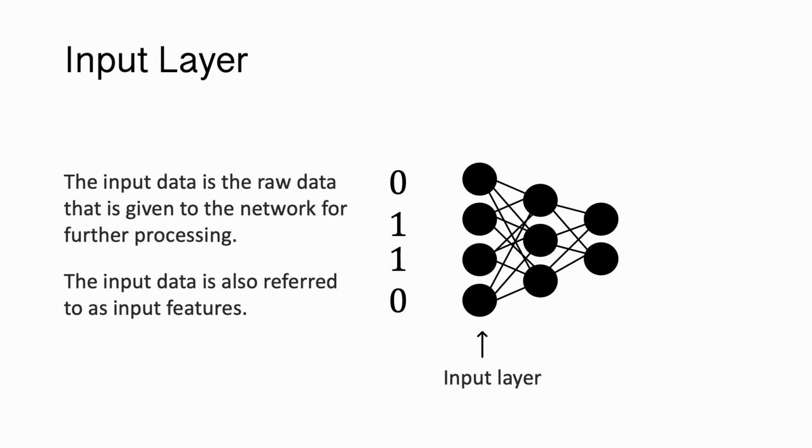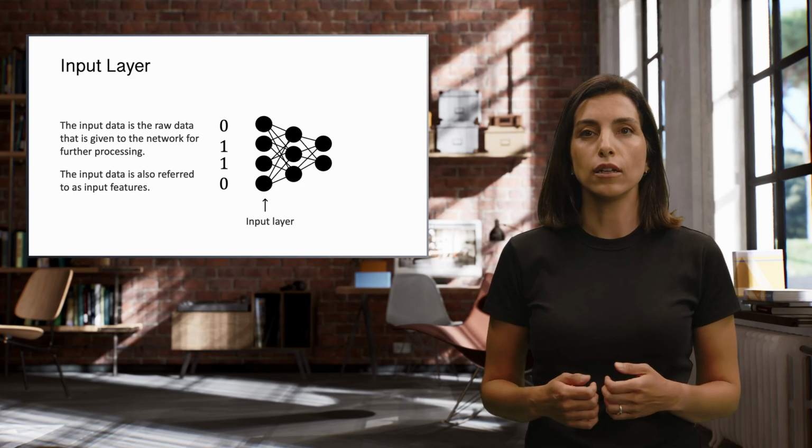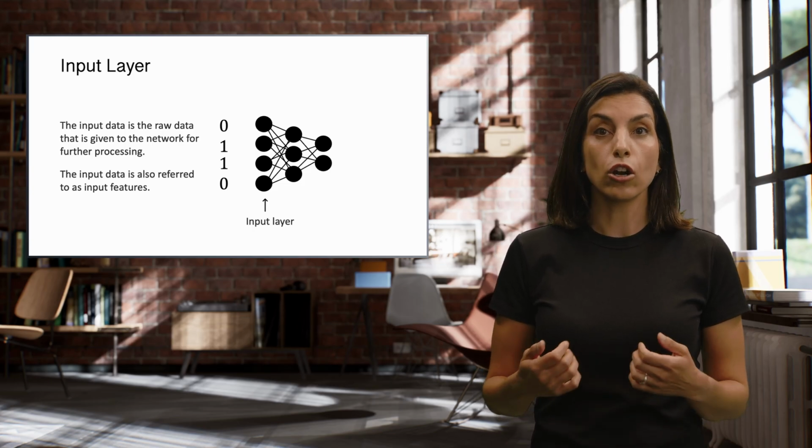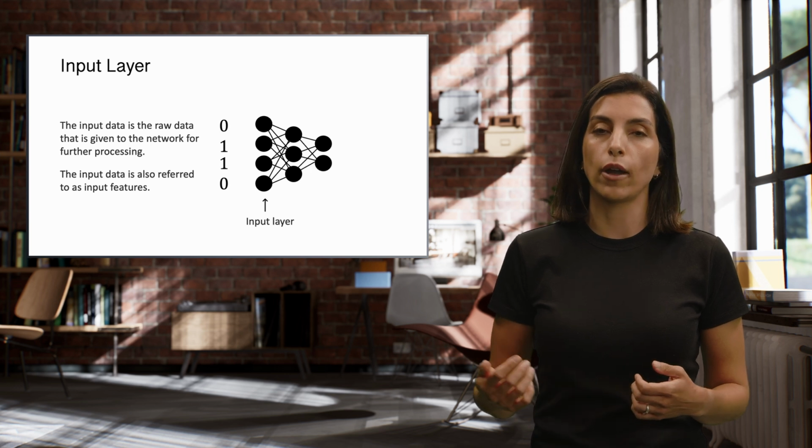The first layer of the neural network from the left is referred to as the input layer. In this case, the input layer takes 4 values in the form of a vector. In our example, this is an arbitrary vector of length 4 with binary values. In reality, the input layer can be larger, up to thousands of non-binary values.